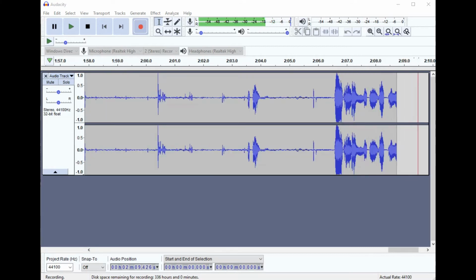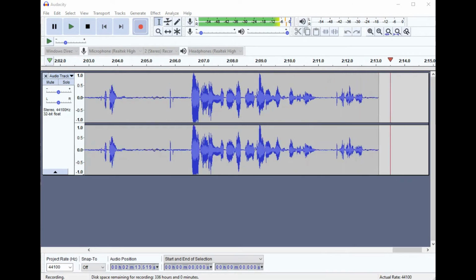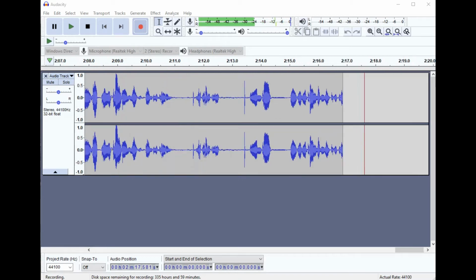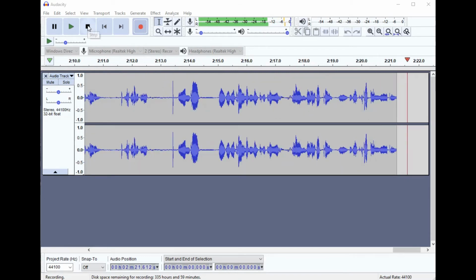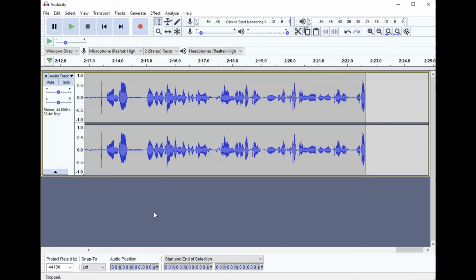Here is a drop down for stereo or mono. Stereo is a much more natural sound really. Most microphones record in stereo, playback is in stereo, so my advice would be leave that at stereo unless you've got very good reason to do otherwise. And then on the headphones, this is really for your playback. In this particular case, the choice is headphones, but if you've got speakers, obviously you might